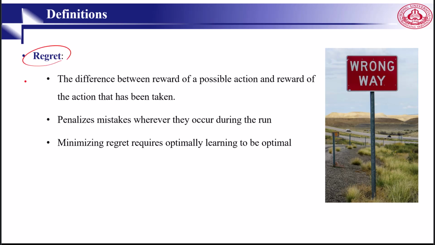Then we have something called regret. Even if you learn the optimal policy, you still make mistakes along the way. Regret is the difference between your rewards and expected rewards. So we try to minimize regret, and minimizing regret needs learning to be optimal. Regret measures how much better we could have done by choosing the optimal action at each step. This regret is used to quantify the cost of suboptimal decision making. We must minimize regret because RL agents often begin by exploring, making mistakes, and gradually reduce regret as they learn the optimal strategy. That's why minimizing regret is critical.